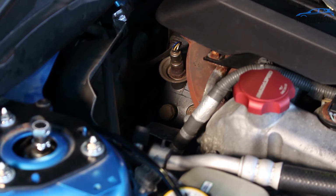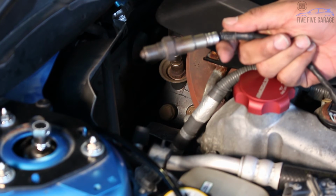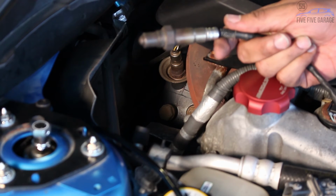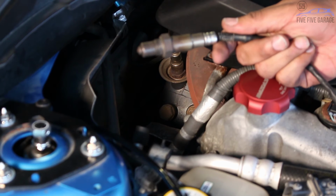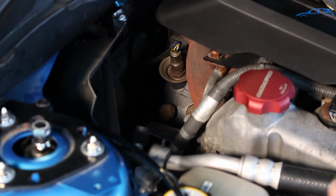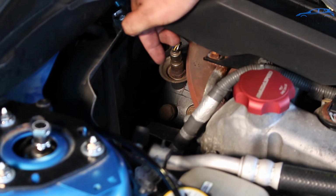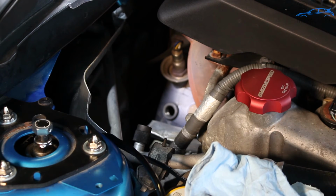So this is the wideband O2 sensor that goes to the AEM gauge, and since I have these extra bung ports on my downpipe, all I need to do is remove one of those bolts, add this one in, and that makes adding a wideband very simple. I went ahead and